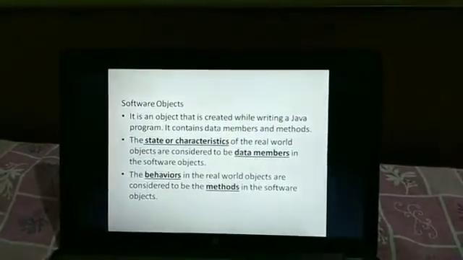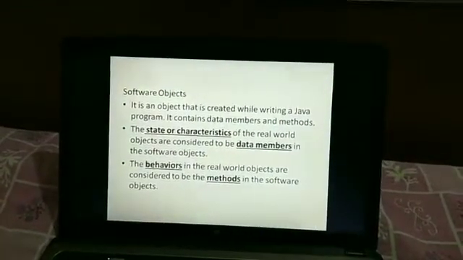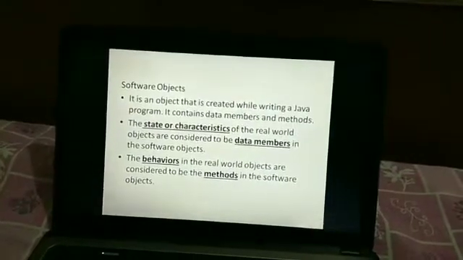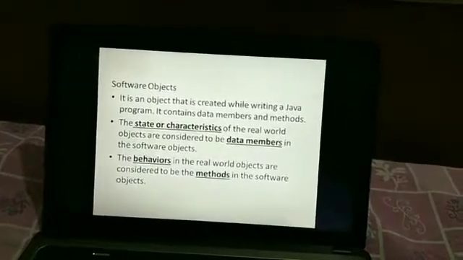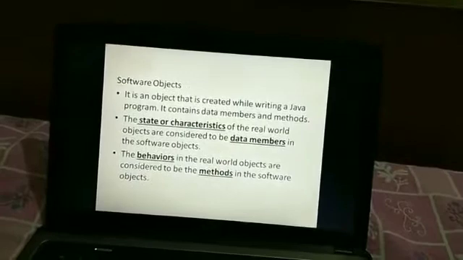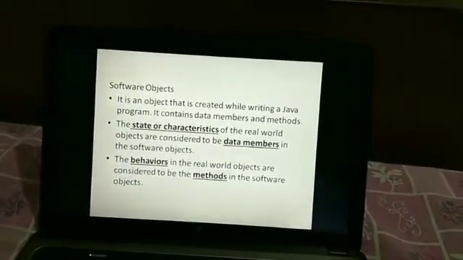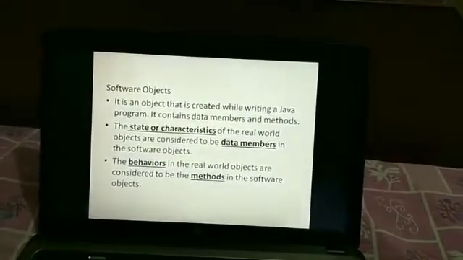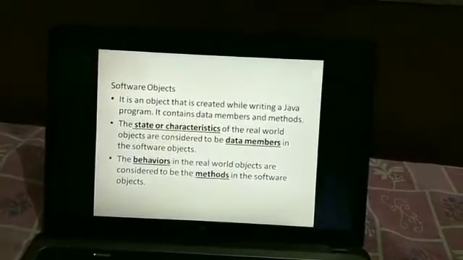The state or the characteristics of the real world objects are considered to be the data members in the software objects, whereas the behavior in the real world is considered to be the methods in the software objects. Is that clear to all?